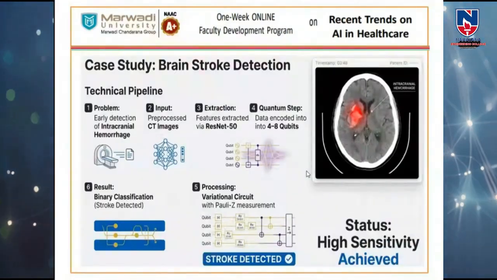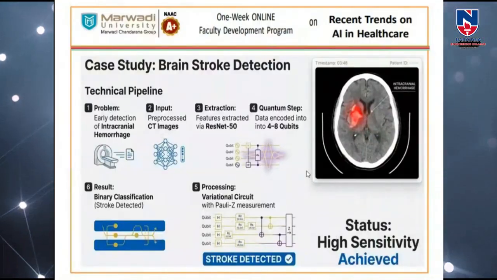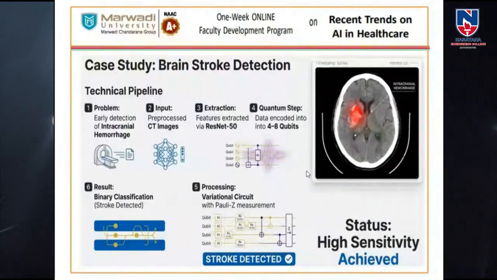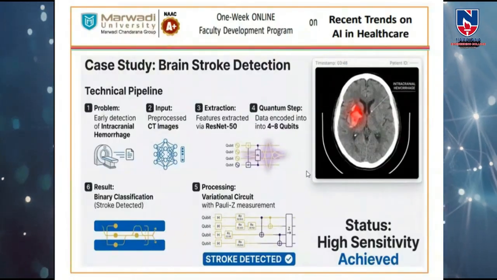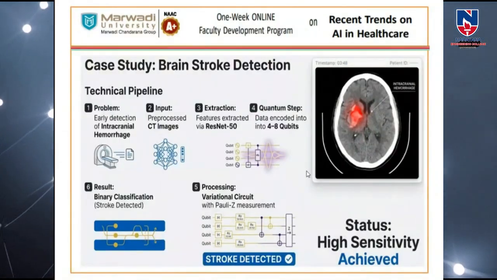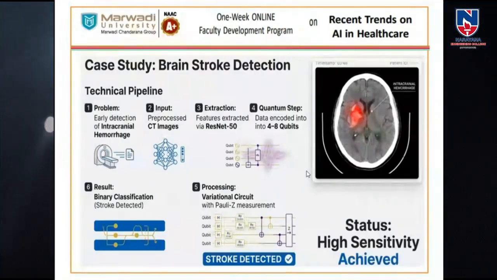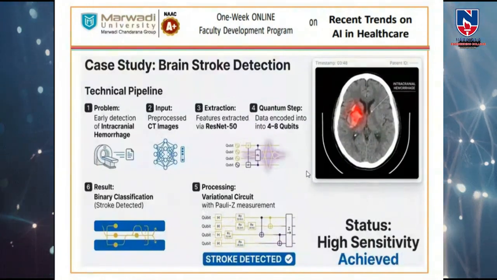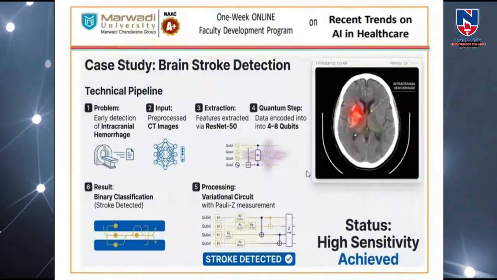Then what is the advantage you're getting by using this kind of real-time system, which you are using nowadays, where you can implement this in a normal computer? Normally, we can simulate it. If you want to make it hardware, you can make use of the IBM hardware, IBM cloud, to implement it on real quantum computers. Up to 48, it's fine. But however,